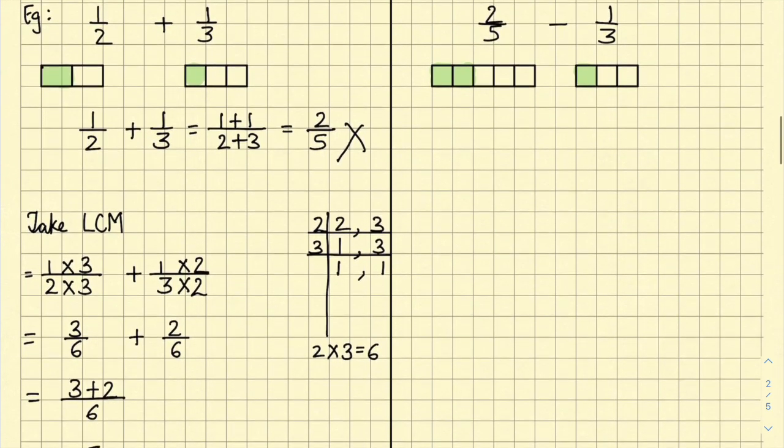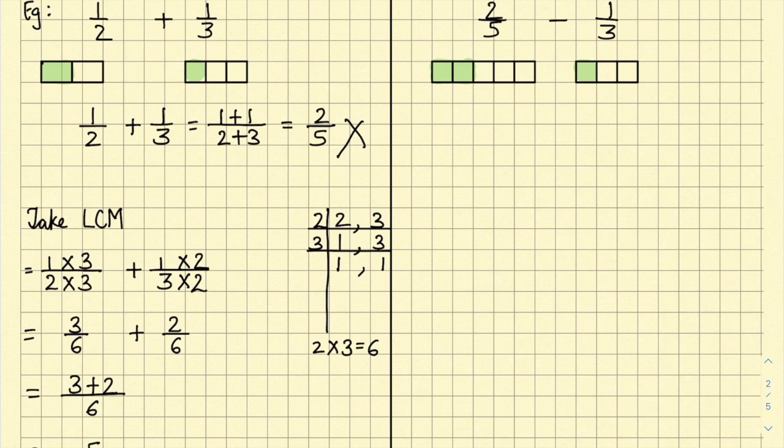We see one more example where we have 2 over 5 minus 1 over 3. So if we represent it diagrammatically, two parts are shaded out of 5 parts. One part is shaded out of 3 parts. Here again, if you are thinking that you would be doing like this, 2 over 5 minus 1 over 3, if you all are thinking of doing this, so kindly don't do this. This is absolutely wrong. Why is this wrong? Because in this fraction, you just cannot subtract these two like this, because here the denominators are totally different. So this is not the proper way of doing it.